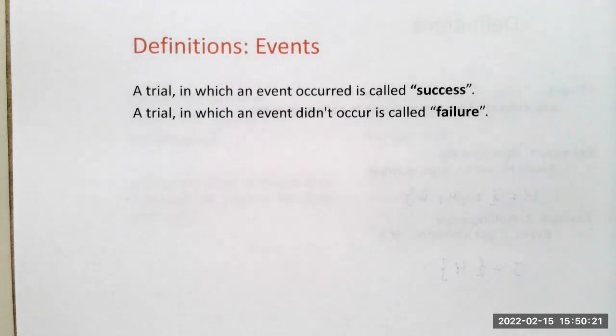Another definition associated with events is the definition of success and failure. If we're performing a trial and our event occurred, we're going to call it a success. And if we perform a trial in which the event did not occur, we call it a failure. If we refer to the previous example,